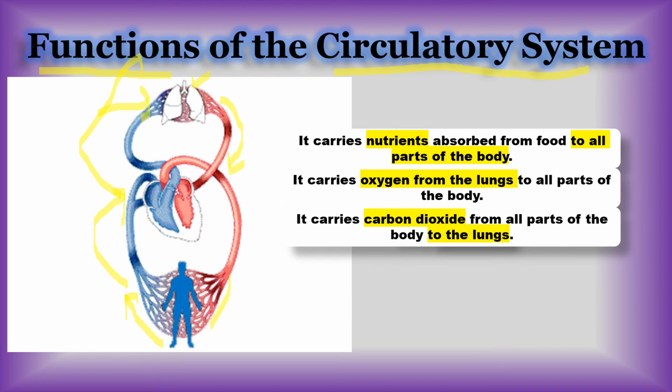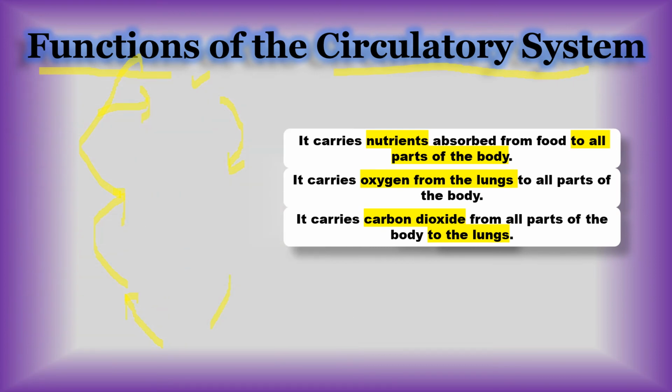Oxygenated blood goes from the lungs to the heart and from the heart to our body, which arteries carry. Deoxygenated blood from our body is collected by veins, given to the heart, and from there it goes to the lungs for purification. This is clear, children?